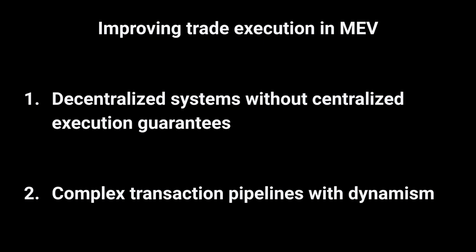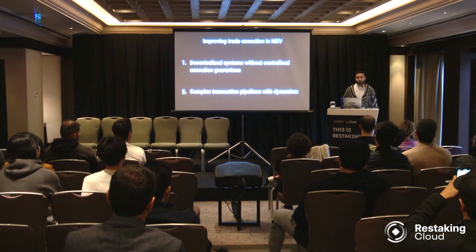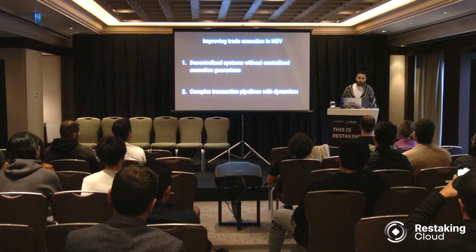But how can we improve trade execution in MEV? Well, the two fundamental problems that cause bad trade execution in MEV compared to centralized exchanges are, one, that decentralized systems just can't give the same guarantees that centralized exchanges can give. So what you end up doing is you send what you want into some mempool or some block builder, and then it lands on chain, and then you find out what happened. A whole bunch of software and processes may have come in between, but you have no idea. And nobody told you that, hey, you're going to go on chain, and this is what's going to happen, it's going to be the way you want, etc.